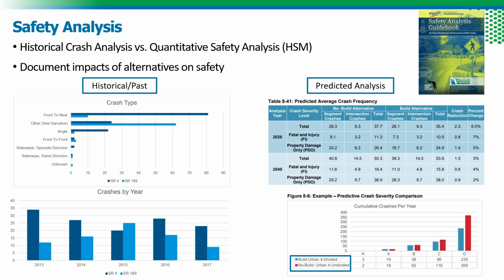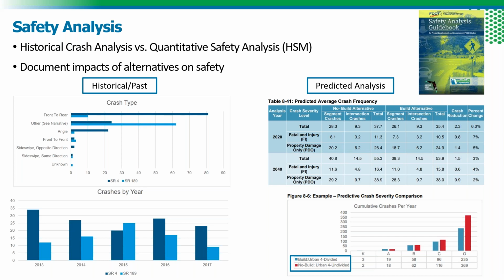I would say, without a doubt, every report I've ever looked at or that we've ever reviewed has the historical and past safety review, there on the left side of the screen. Five years' worth of crash data, maybe showing the crash types, even showing maybe differences between crash severities, surface conditions, all that stuff we're so accustomed to seeing in our analysis reports of any kind. Where many PTARs are different is the predicted analysis that will follow.